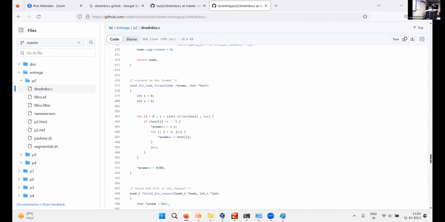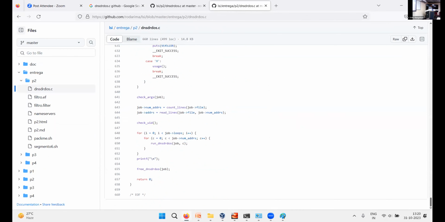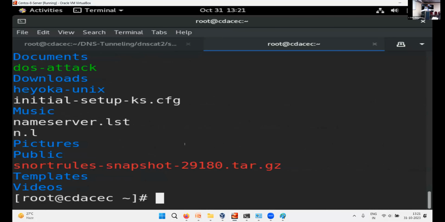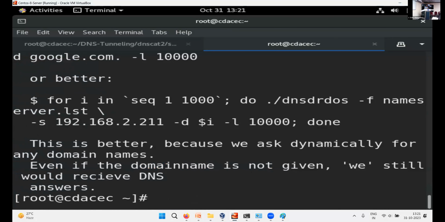Okay, this is a 500 line program, right? 660. This is the program which I'm going to use here. I already downloaded this program on one of my systems, and I compiled it. Once I compiled it, I got an output object file, an executable file. Now if I want to execute this file, this is the help it will show on how to execute this command.